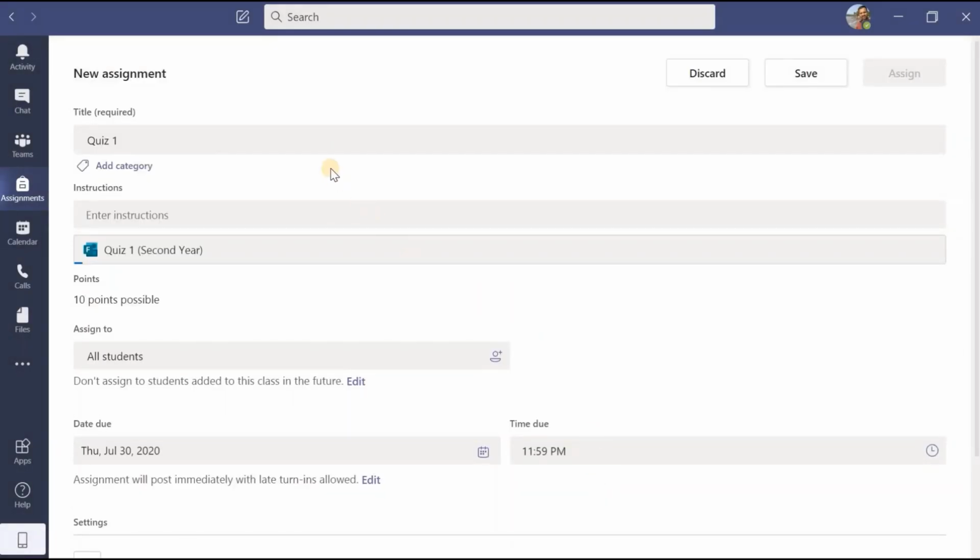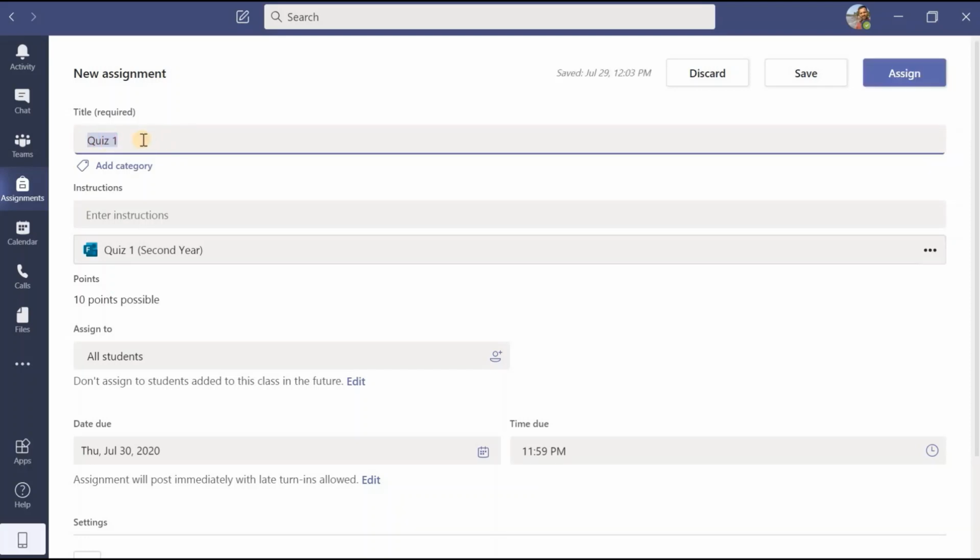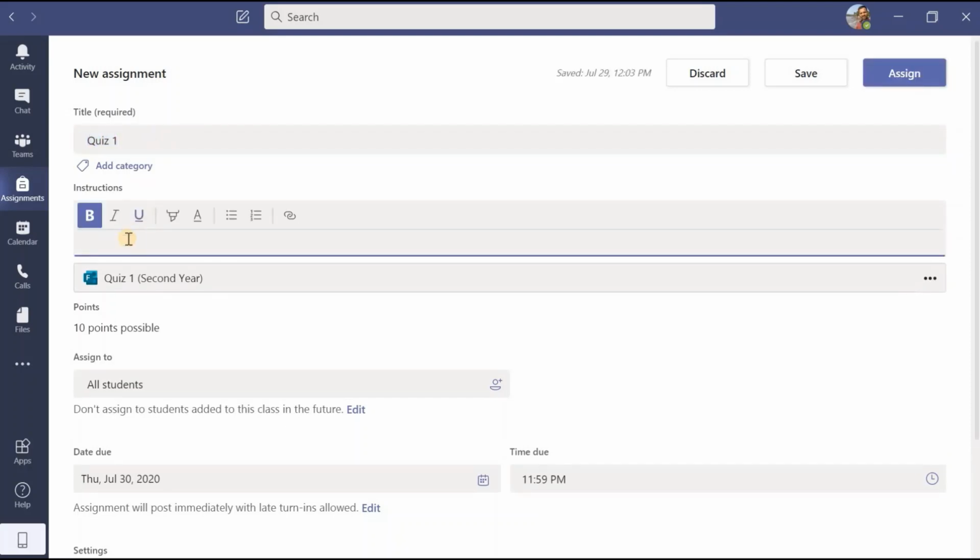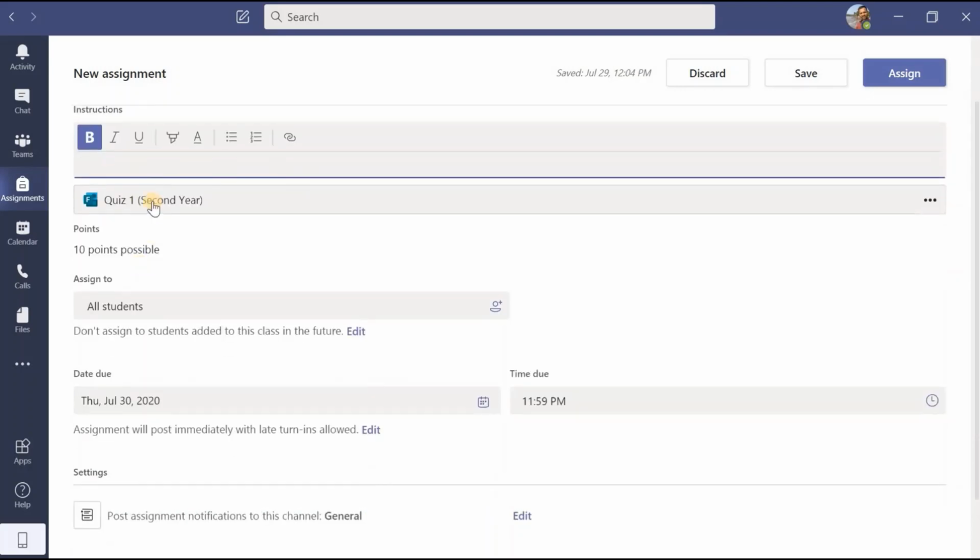Now, similar to how we assign the assignment, that window will be there for this quiz. Here if I want to change the title of quiz 1, that is also possible. If you want to add some instructions, that is possible here. If you want to format those instructions easily, you can have that formatting. And here you can find that file entitled quiz 1 as a resource. How many points have we assigned to one question? We have assigned 5 marks, and like that 2 questions we have created. That means the total points assigned to that quiz are 10 points.